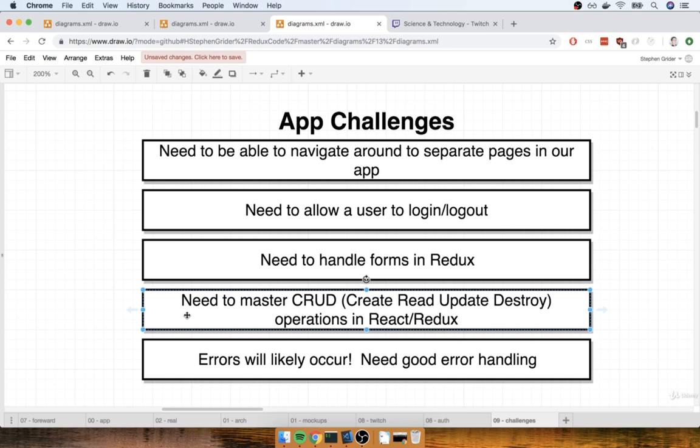For example, Airbnb lists out records that you can book for housing. So that needs a user to be able to create a listing. A user needs to be able to read or view a listing. We need to be able to update a listing and destroy a listing as well. Now, of course, Airbnb has a tremendous amount of other functionality behind it, but some of the absolute core operation of that application is this CRUD stuff.